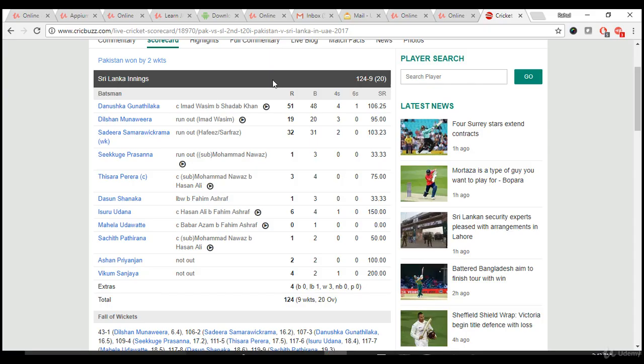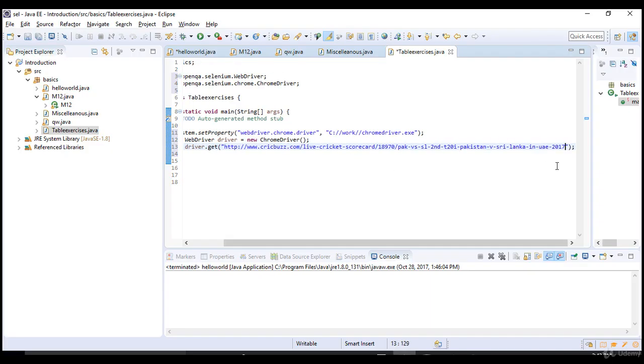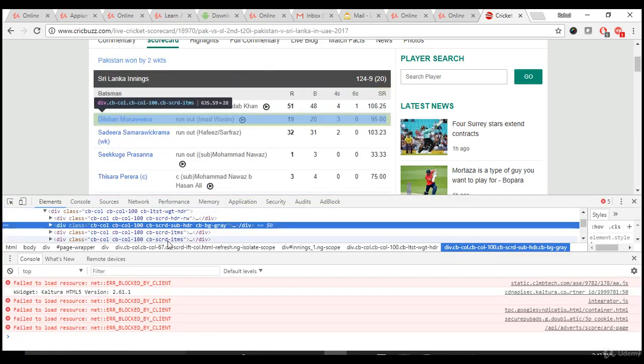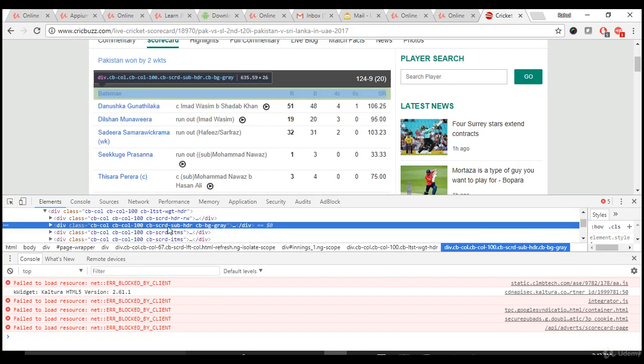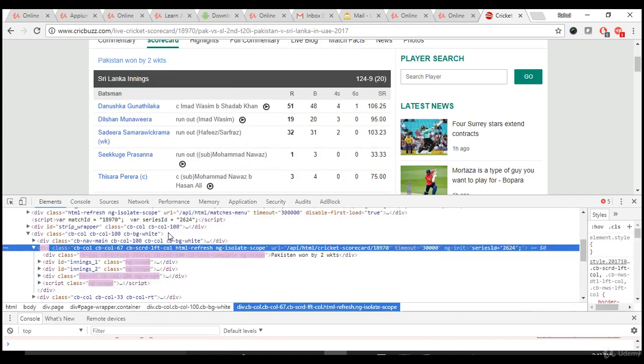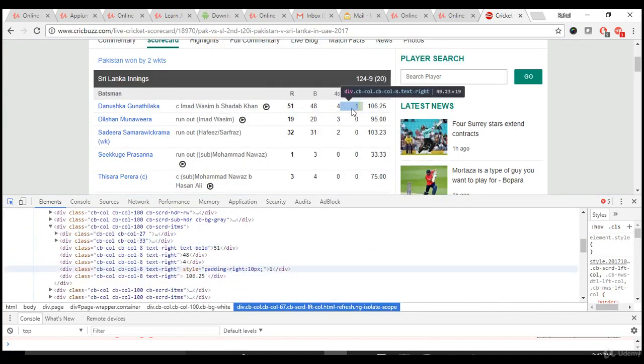So yeah, we can directly give this URL, so we will land on this page. Cool. Now, first we will get the parent of this box. That means parent of this table. For that, just inspect, and when you select this, you see that. Let me scroll down. So all these are rows.